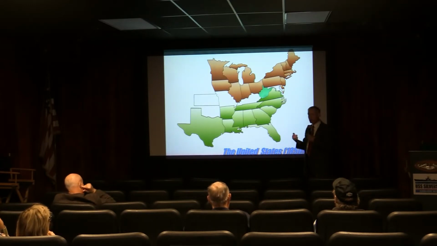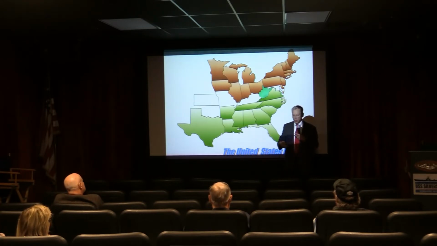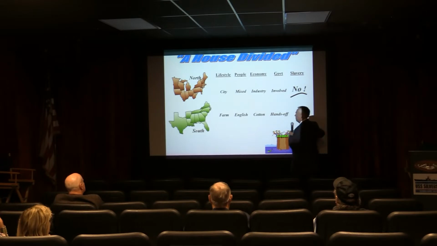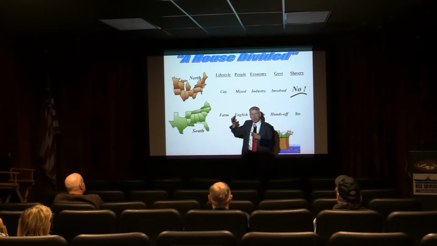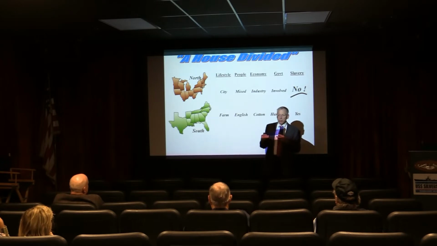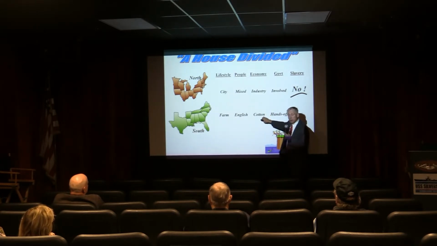Not just geographically, but intrinsically, in the way they lived, the way they thought, the way they were composed. These changes scattered across, here I list just 5, once again a generalization, but the lifestyle in the North was very much centered around factories because they got into the Industrial Revolution in a big way, and that generated large cities. The South stayed very farm-like because they were blessed with not only good quality soil, but also wonderful temperatures, and they were able to grow, among other things, cotton.